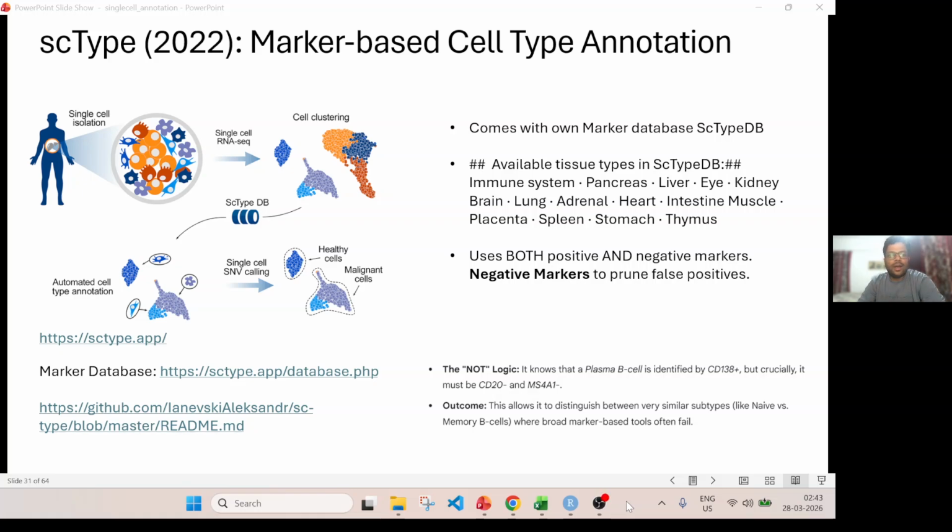Hi everyone. In this video, we will explore scType, another marker-based cell type annotation method. In the last video, we saw ClusterMole, and in this one we will focus on scType. It is again an R-based tool, and it comes with its own marker database called scTypeDB. The uniqueness of this one is that it uses both positive